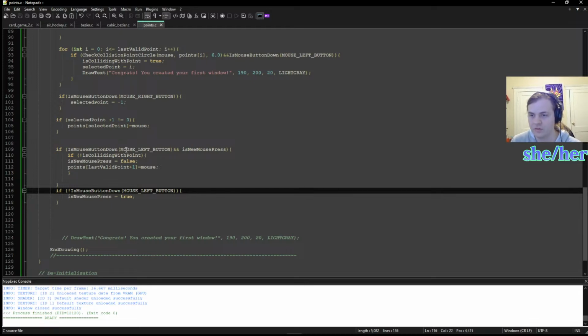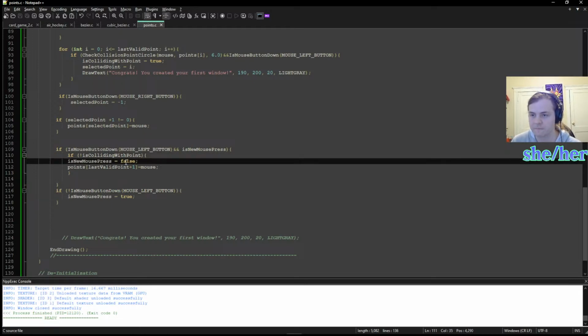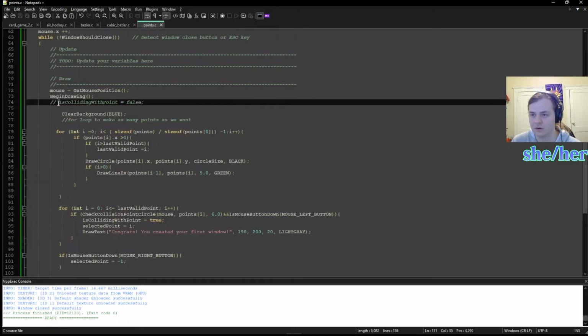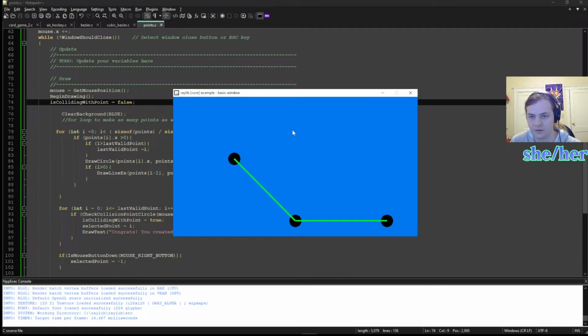Oh wait, no, it's colliding with point. Okay, I need to reset that. Here we go, I just need to reset that every loop. And then